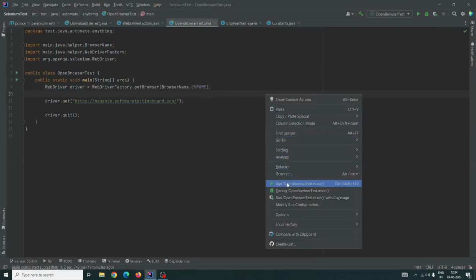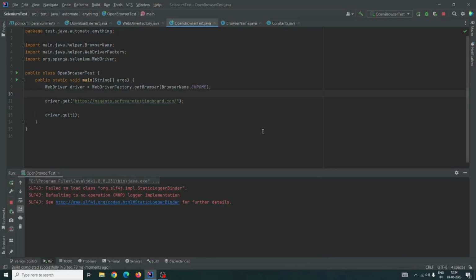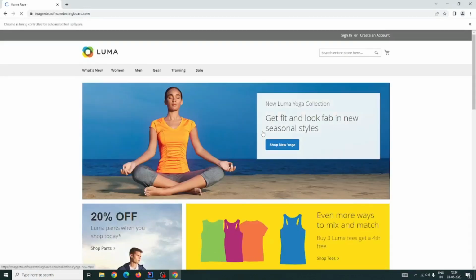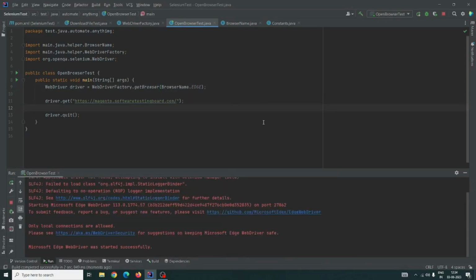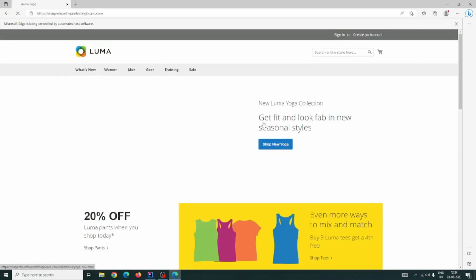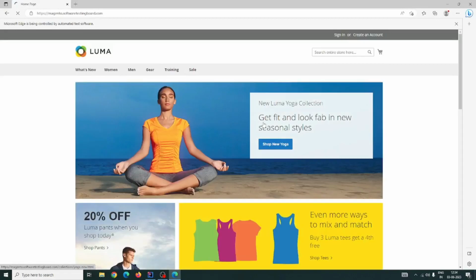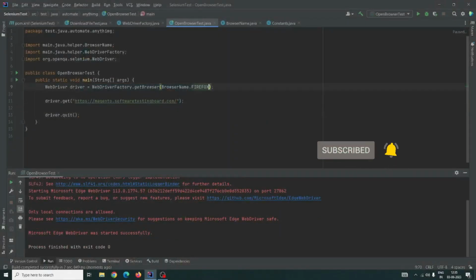So I'm running it on Chrome. It will open a normal website. This is opening in a maximized mode, and quit. For Edge, launching in maximized mode, opening the page, quit. But for Firefox,